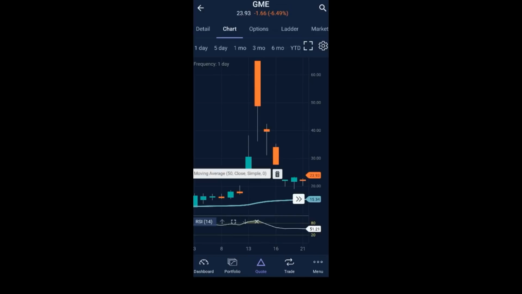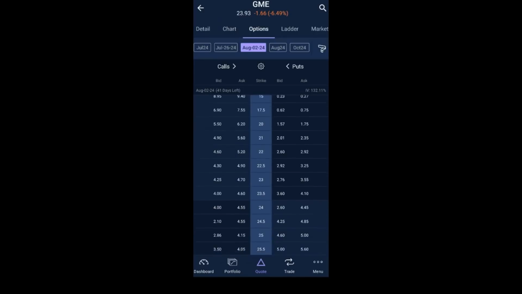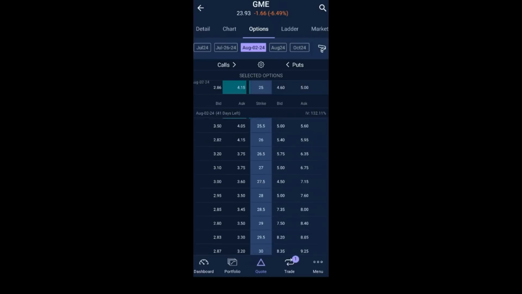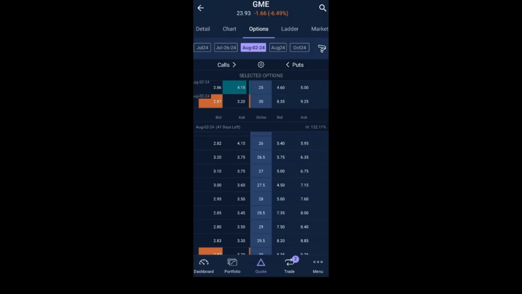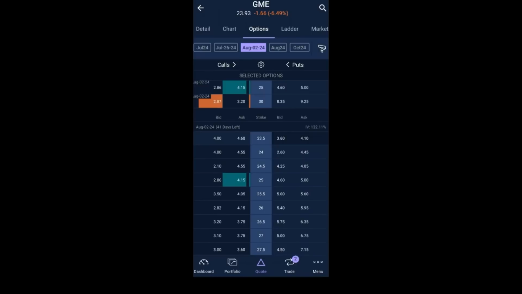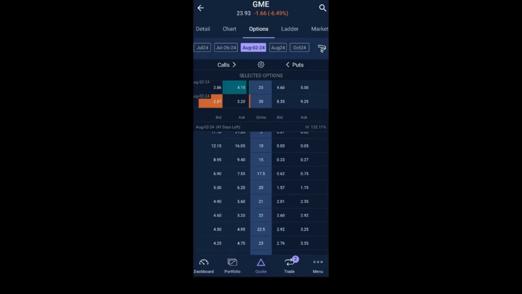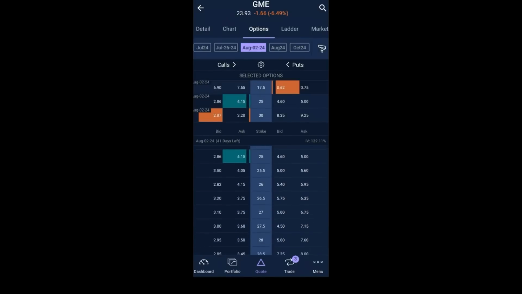slightly below $20. So the best trade to make would have been utilizing some sort of ratio spread where you're going to sell a put option to finance the bullish call spread, and the put option would be below $20. So what I would do is I would go out to August 2nd, and then I would buy the $25 call and sell the $30 call. This would give me a bullish call spread, and then I would finance this by selling the $17.50 put option.